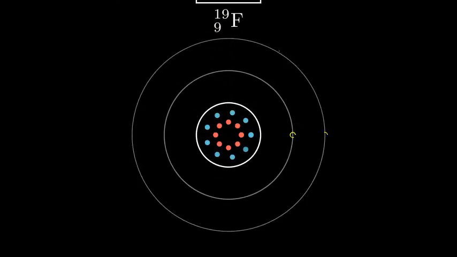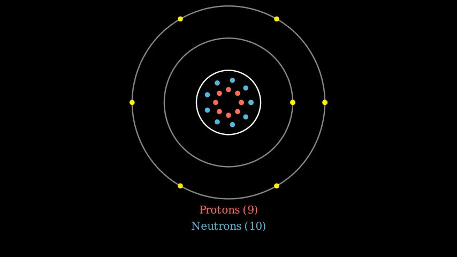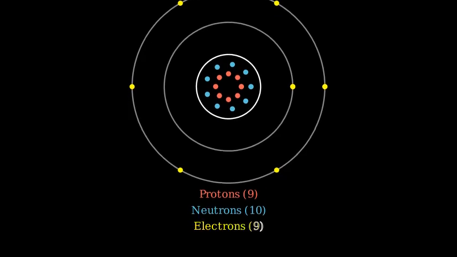Let's visualize the atomic structure of fluorine 19. In the nucleus, we have 9 protons shown in red and 10 neutrons shown in blue. Around the nucleus, we have 9 electrons arranged in 2 shells, 2 in the inner shell and 7 in the